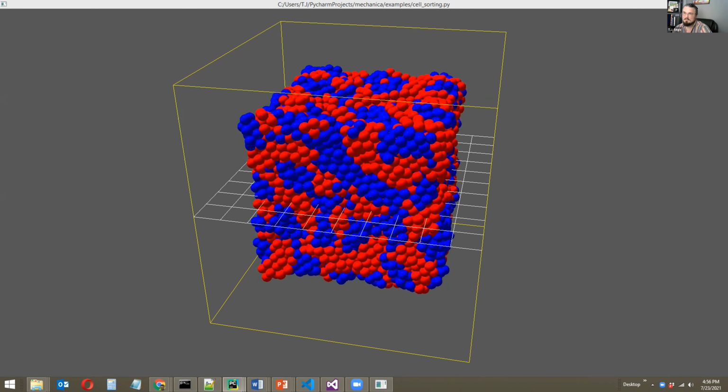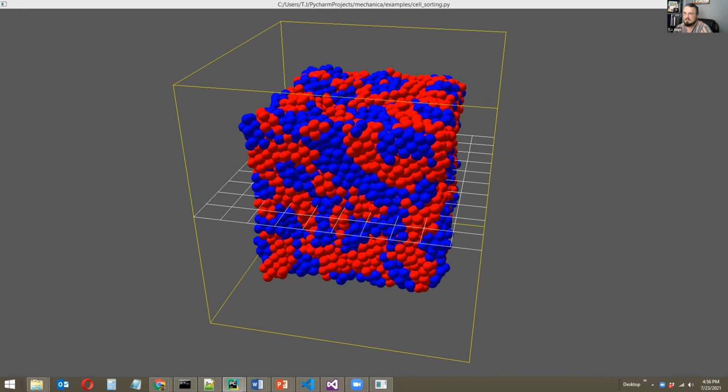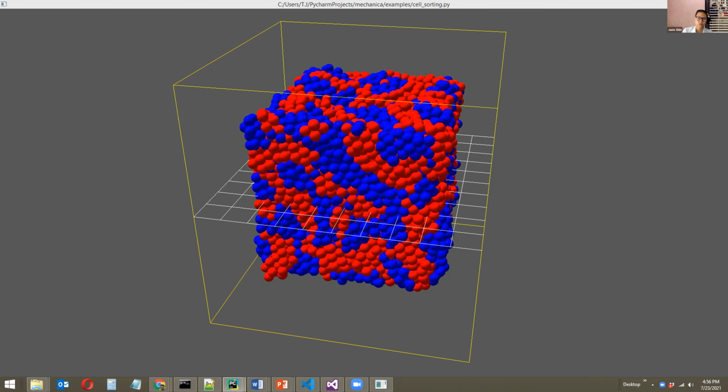Yeah, although to be clear, for those models, we take individual instances of libRoadrunner and attach them to every cell that we're interested in doing that modeling. So in a lot of cases, we end up having a few to tens of thousands of instances of libRoadrunner running in the background.